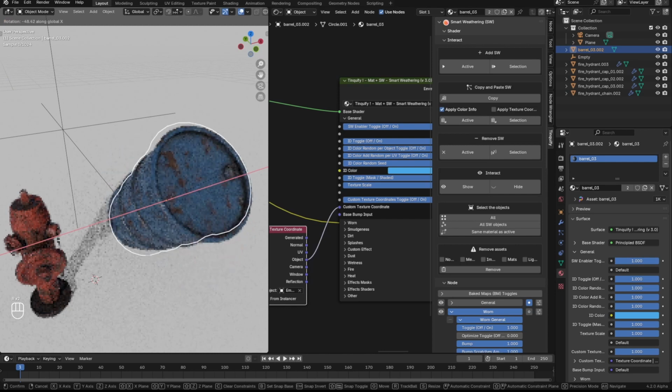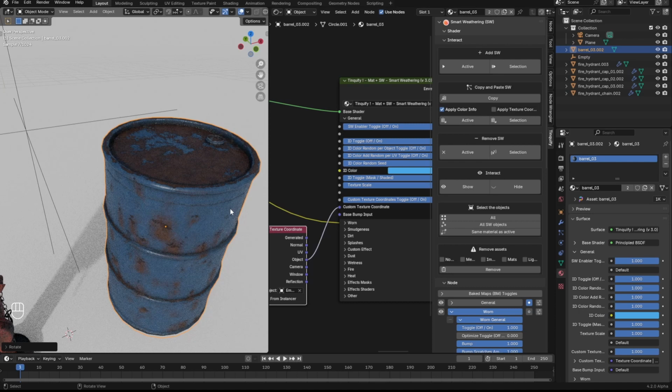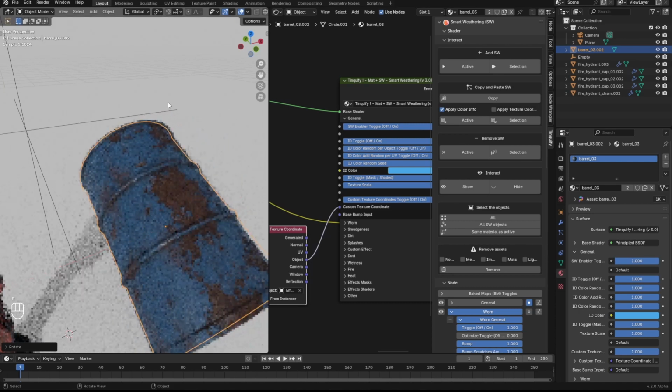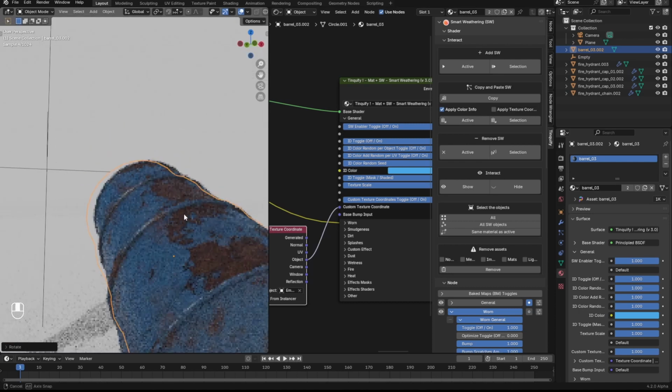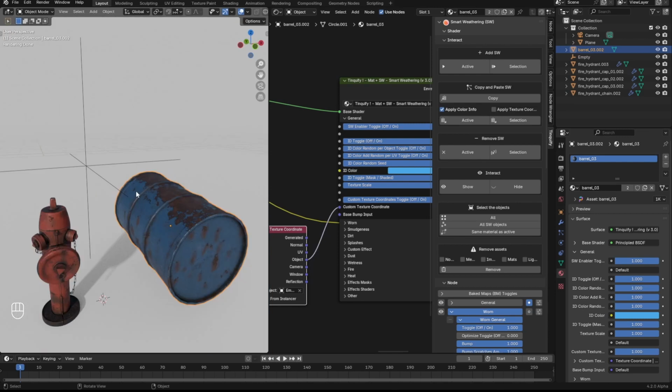So if I rotate this, you can see now that there are no artifacts and the procedural output adjusts accordingly. Okay, so